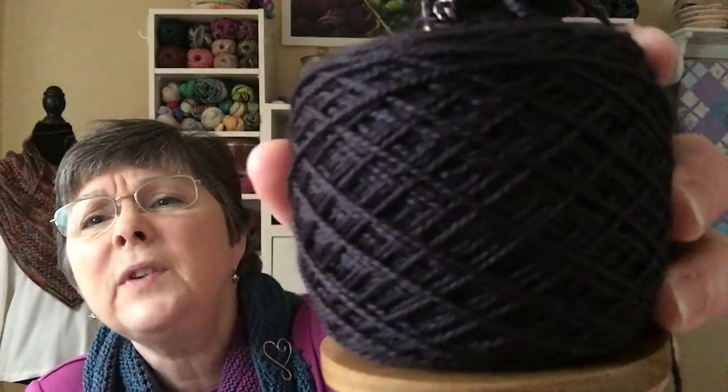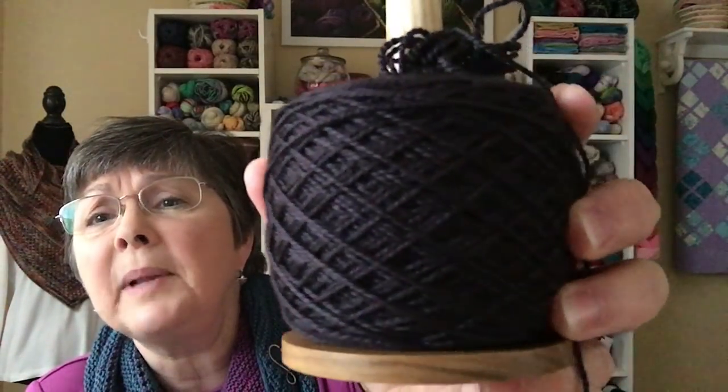by Ba. It's the La Jolla base, which is 100% superwash merino. You get 400 yards and 115 grams. So it's a plump fingering weight. And the color that I'm using is black pearl. And I have used this yarn before, and I have several skeins of it up here on the shelf that I've planned to use other times. I enjoy knitting with this. It has a nice twist to it. Let's see if you can see the twist there. It's hard on the black, but